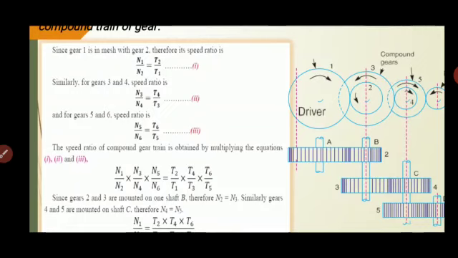Therefore, for the overall velocity ratio of the compound gear train, we multiply equation 1, equation 2 and equation 3, and upon multiplying we get N1 by N2 multiplied by N3 by N4 multiplied by N5 by N6 equals T2 by T1 multiplied by T4 by T3 multiplied by T6 by T5. Now since N2 and N3 are the same and N4 is equal to N5, N2 and N3 get cancelled and N4 and N5 get cancelled. So we are left with